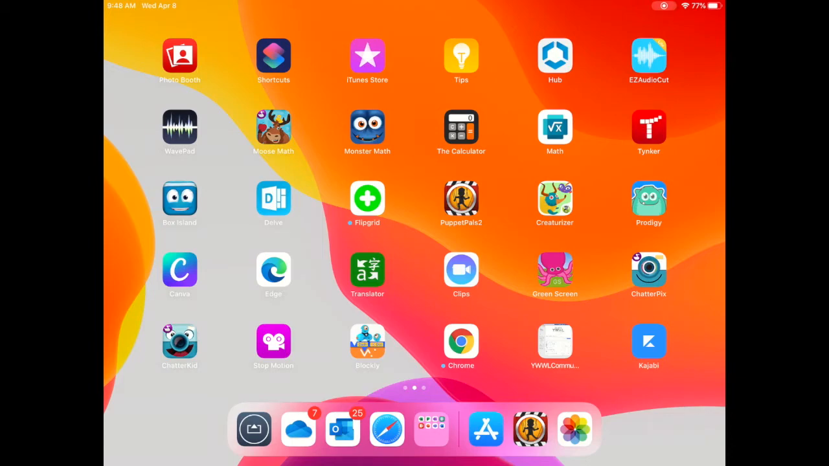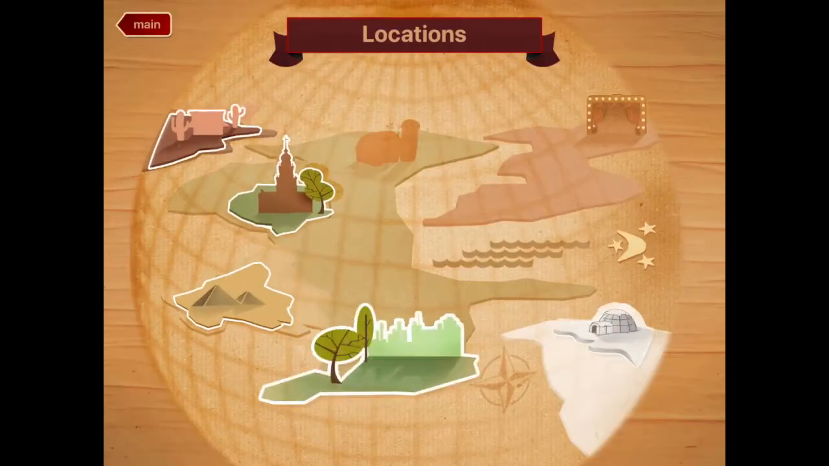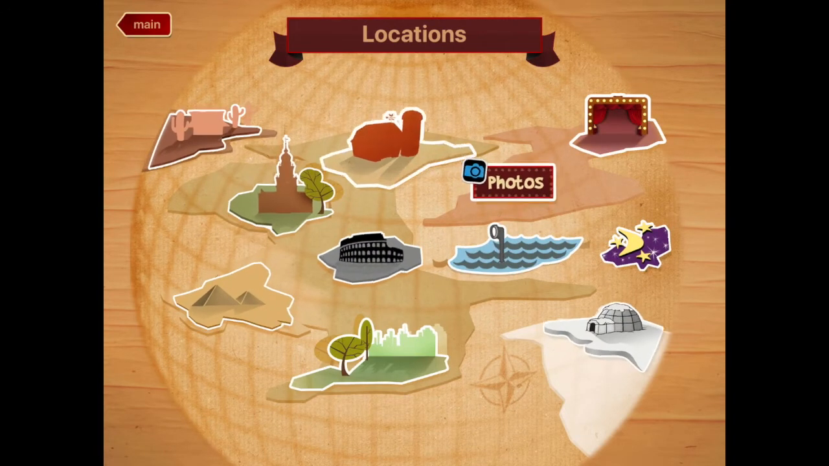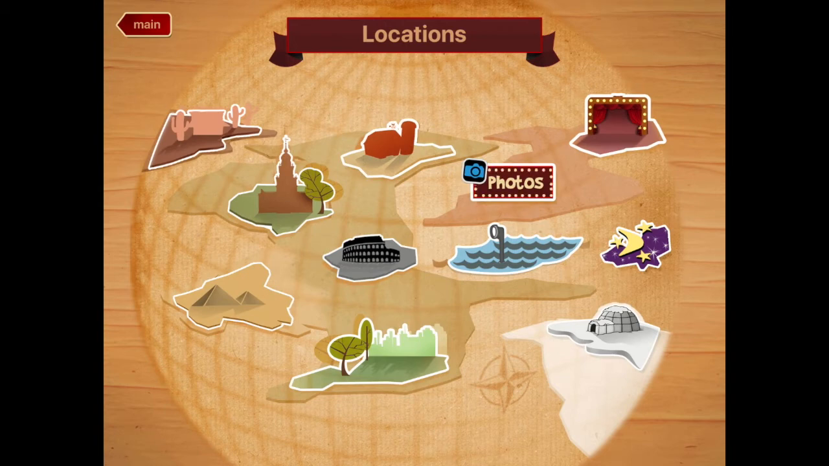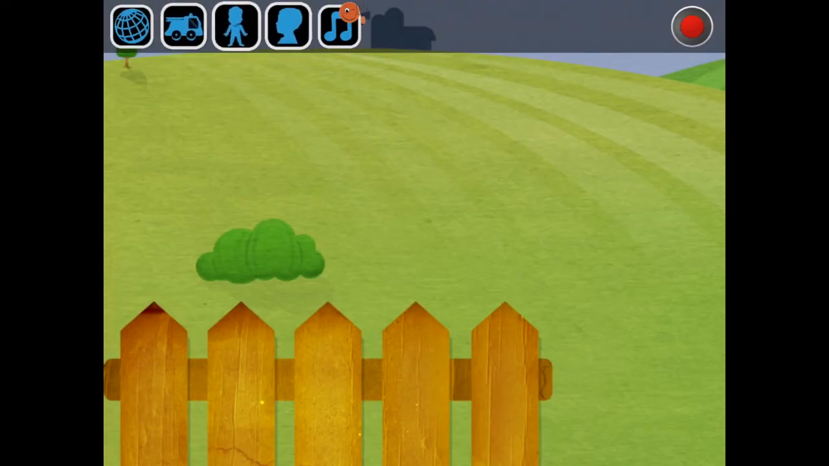If I click on the app, this is what I see. So I will go to play. There's also a really good tutorial that you could play before you start doing your stories. So the first thing we have to choose, if you want to go further, you can add a photo that you have taken, but I will just decide to choose the farm and see how,